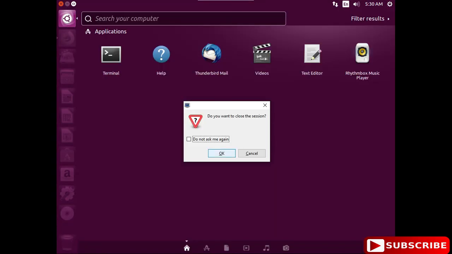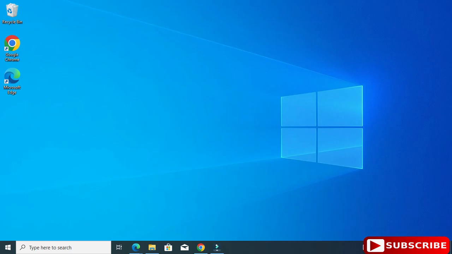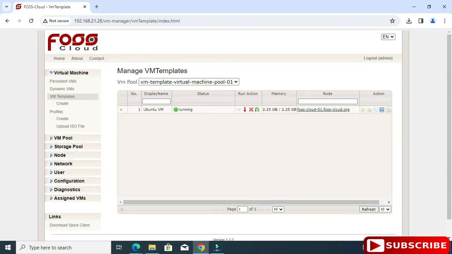So now guys, here I'm going to just stop this. So just Alt F4. So it is asking me, do you want to end the session? Yes, close the session. And now here what we will be doing, we will be just destroying this virtual machine. Okay, so just click on this destroy virtual machine, so it will stop your virtual machine. So it was running, so it will just get stopped, right? So after this guys, you can see now once your virtual machine is stopped, you will get this option, enable edit and delete virtual machine.